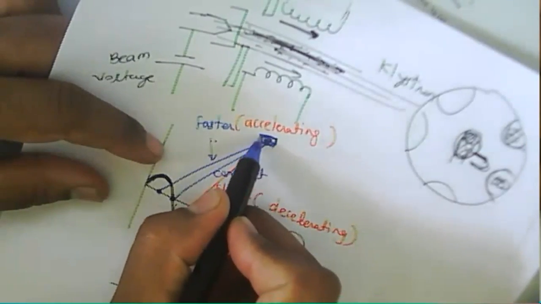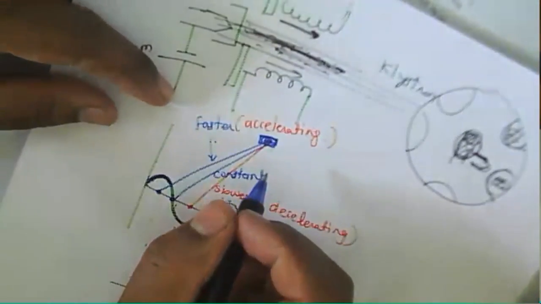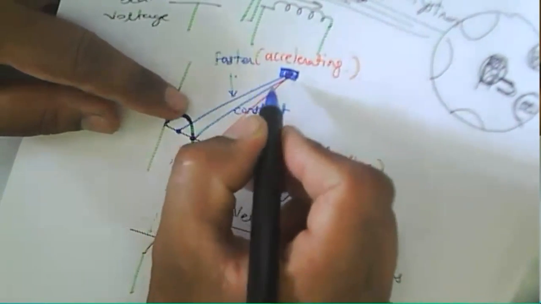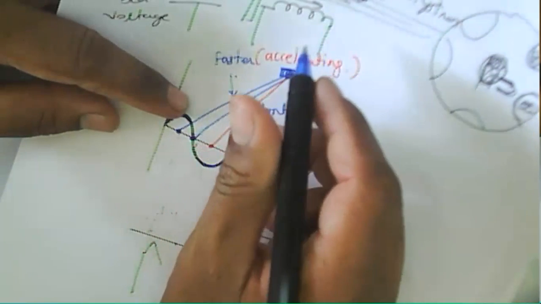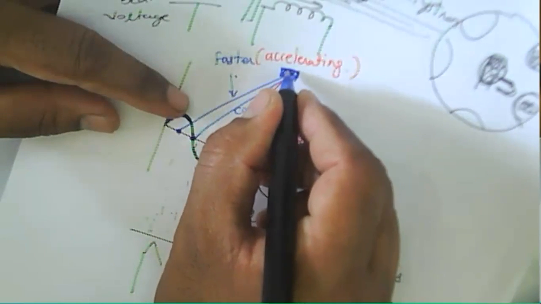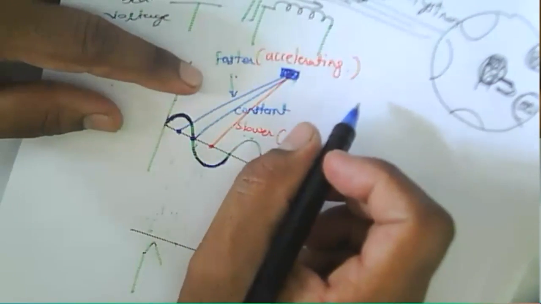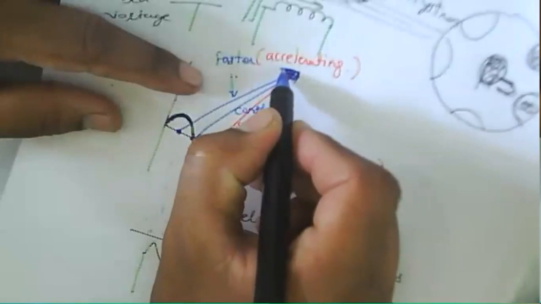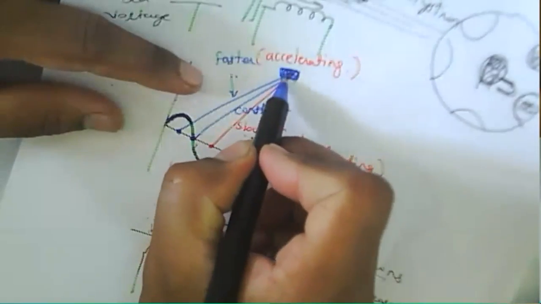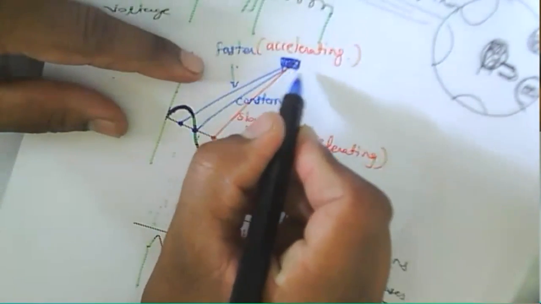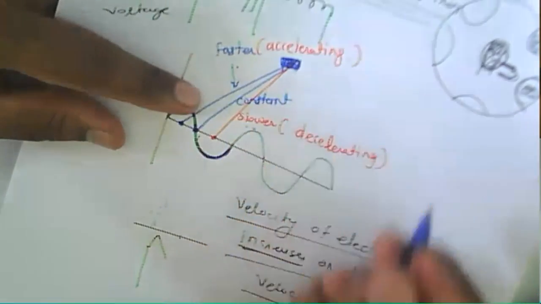These bunches have the kinetic energy. Bunches receive the kinetic energy from the DC electron beam because they have the potential energy from the electron. Because of that, bunches have a kinetic energy, and these bunches will release that kinetic energy to the field. Here you can see that bunch formation takes place. Then another cavity will be there, and in that cavity, what happens? They release their energy to the field.